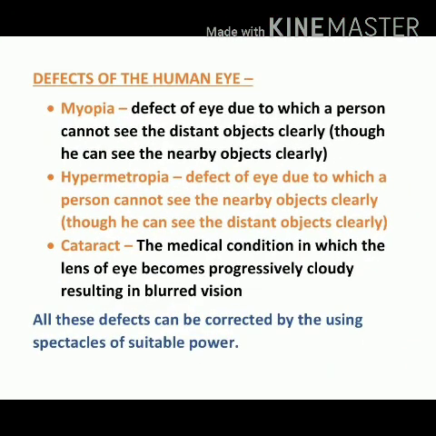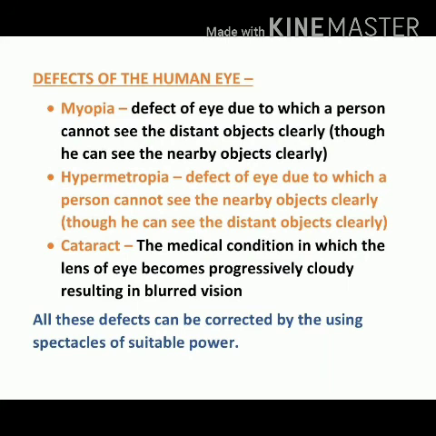Next, children, you all know that the eye is such a wonderful instrument that it can clearly see distant objects as well as objects nearby. But there should be a minimum distance at which the eye can see objects distinctly. The most comfortable distance is 25 centimeters for the normal eye. Remember this. Apart from this, there are certain defects which the eye can suffer due to age or some other issues. So what are these defects? These defects are called myopia, hypermetropia and cataract.